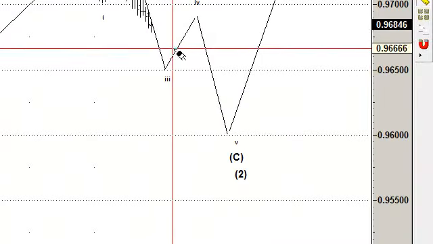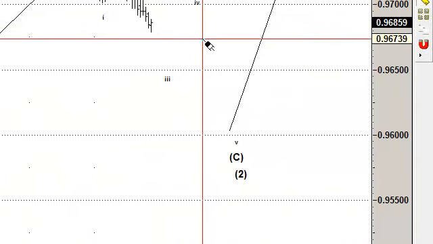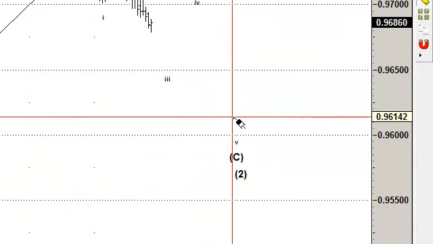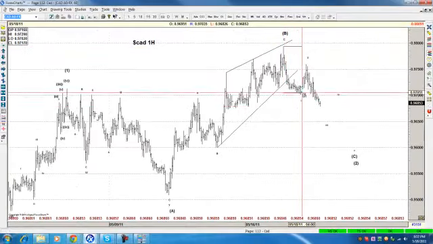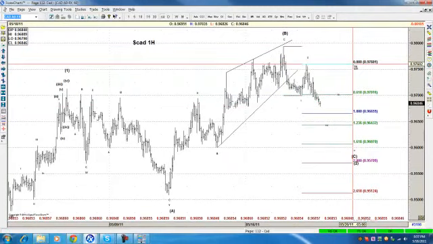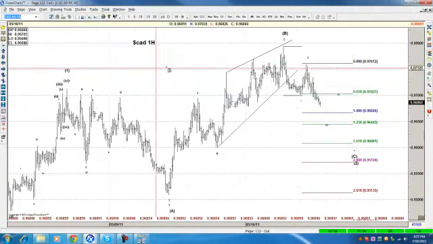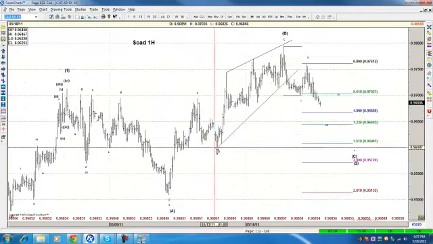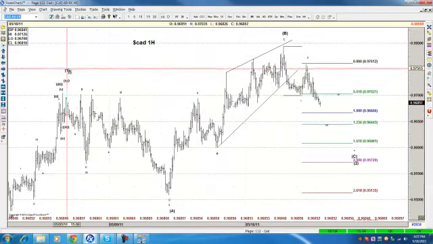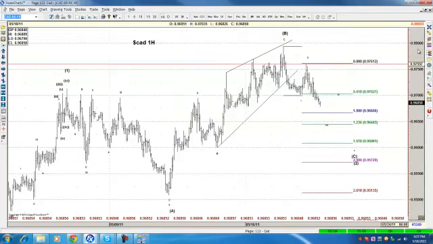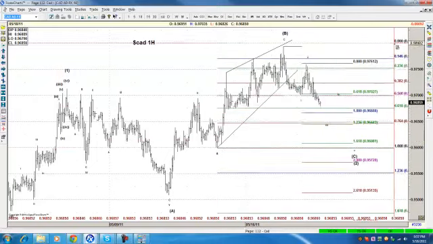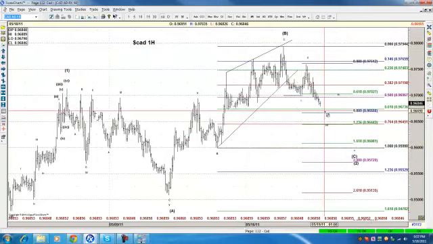Now the structure right here looks kind of suspicious to me, and I was talking to James about it, because it looks like a wedge right here that is looking for the equal legs. You see, now there is another count, because there are 5 ways here and 5 ways here. There is another count that can go 1 2 1 2 1 2. If that's the case, the 618 also comes in the same area as the equal legs,